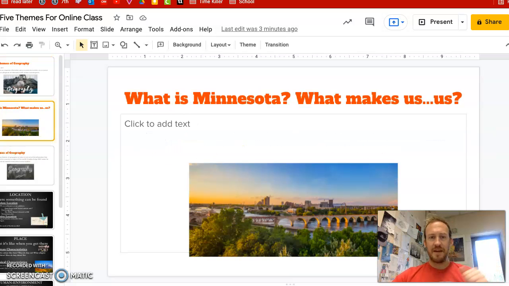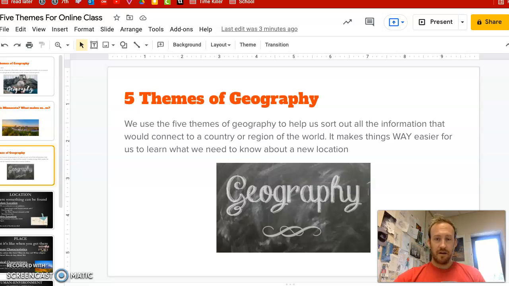So if you think about what makes Minnesota unique, it's a lot of things we could talk about. All the lakes, the 14,000 some lakes we have. We have the starting point of the Mississippi River. We have hot dish, one of my favorite foods. We have a real diverse culture with a lot of Scandinavians, Somalis, Hmongs, Germans, pretty diverse. We have hockey, we have the Vikings, we have a lot going on for us here. So to organize all that stuff, the five themes of geography can be pretty helpful for Minnesota and any other location.